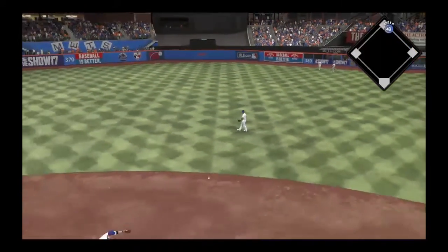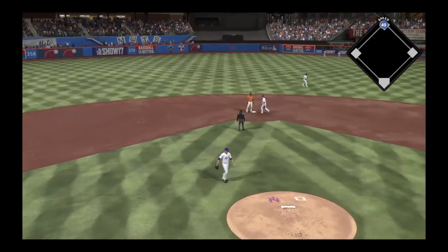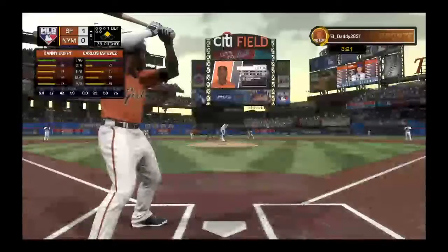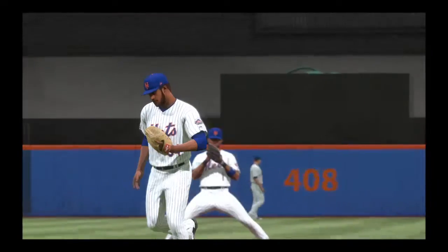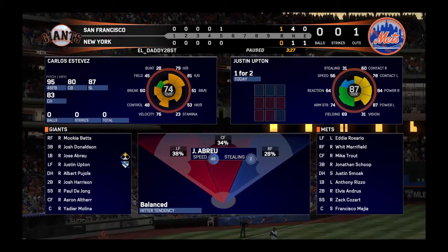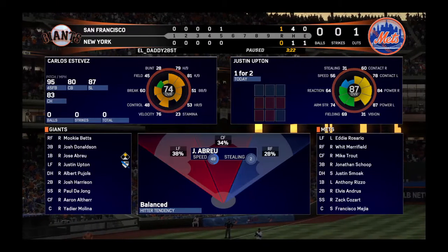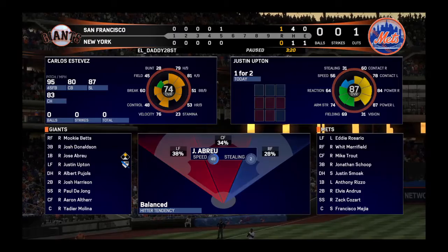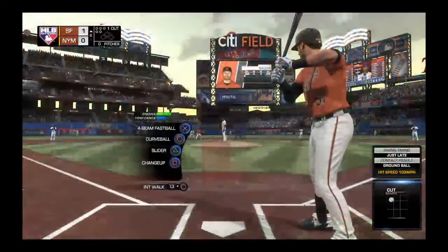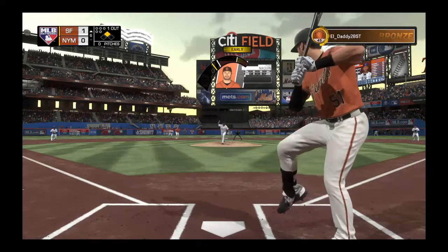Throw into second. And he will make it up to second as he advances on the throwing miscue. My goodness. Here's Justin Upton now. A hit in 2 tries so far. Carlos Estevez will come on in relief as he'll make his second. Tyler Naquin will get a chance with a runner in scoring position here as he'll pinch hit now with 1